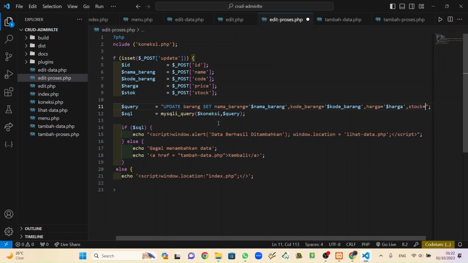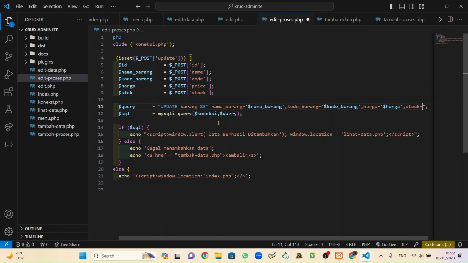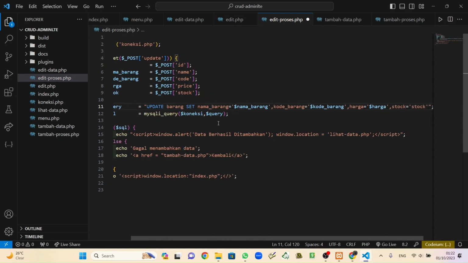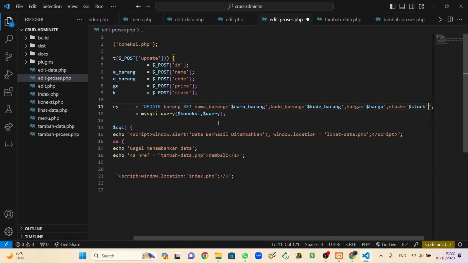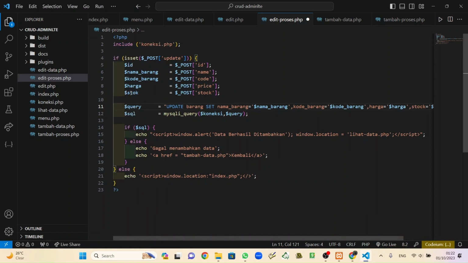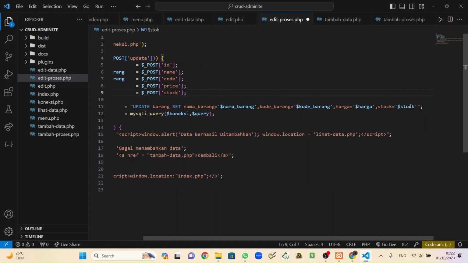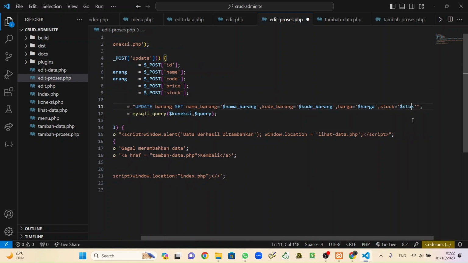Stock, same like variable stock. No, stok, I think it's stok, right? So we change it again to stok.